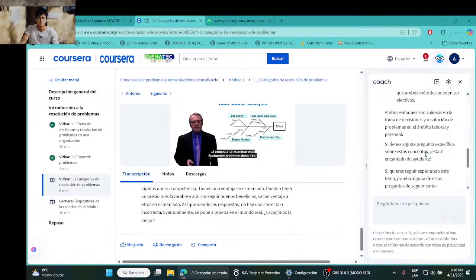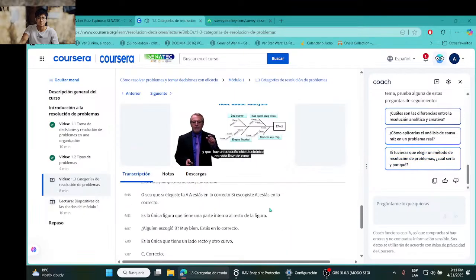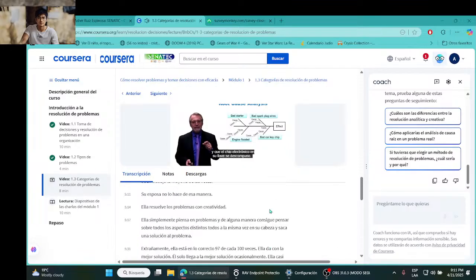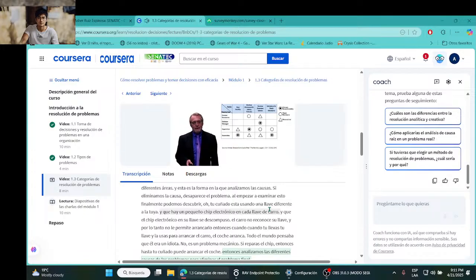As we start examining this, we finally find out, oh, your brother-in-law is using a different car key than you are. Oh, there's a little electronic chip in every single car key. Oh, the electronic chip in his car key has gone bad and the car won't recognize his key, and so it won't let him start the car. So when you go over with your key and put it in there and start the car, of course it starts. Everybody thought he was an idiot? No, it's a mechanical problem. You get the key fixed and then even your brother-in-law can start the car. So we look at different causes for problems to get rid of the final problem.